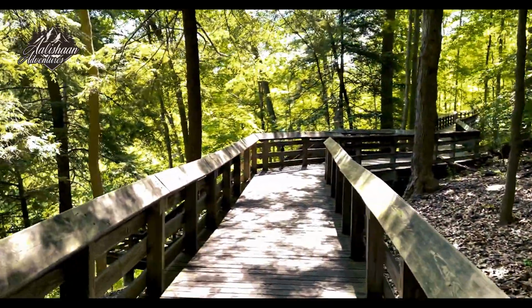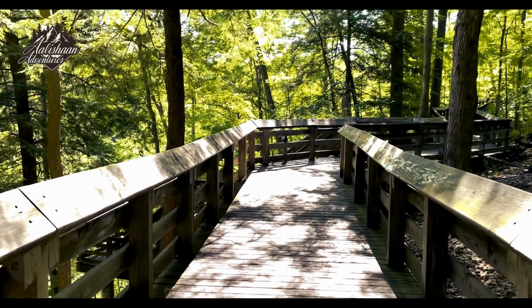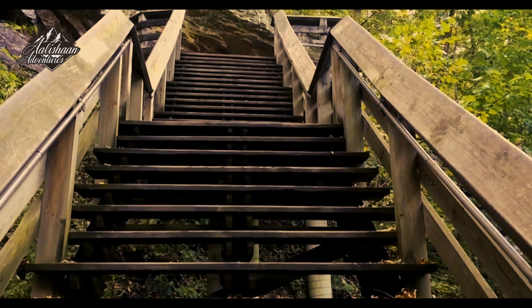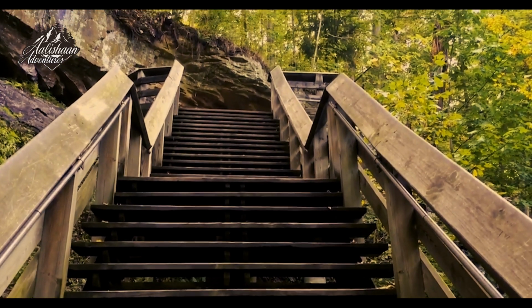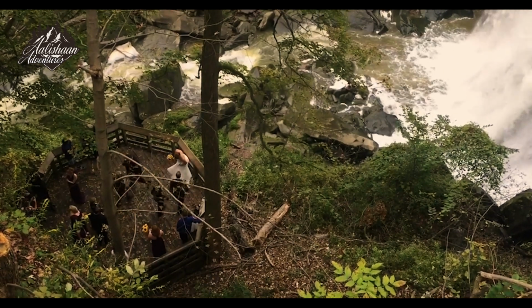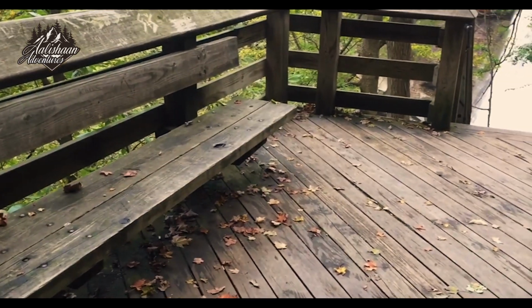For those who prefer a more immersive experience, the Brandywine Gorge Loop, a 1.4-mile trail, offers a deeper connection to this lush environment. Alternatively, the 1.5-mile Stanford Trail takes you further into the park's scenic beauty, both starting from